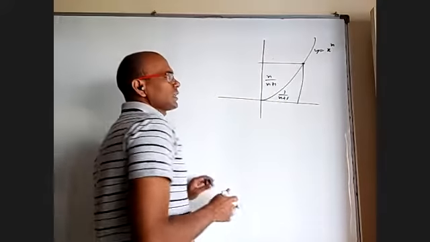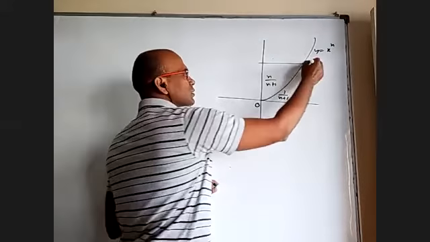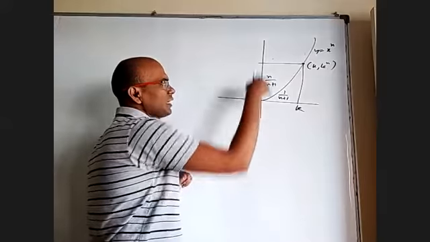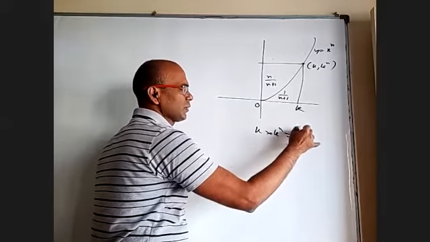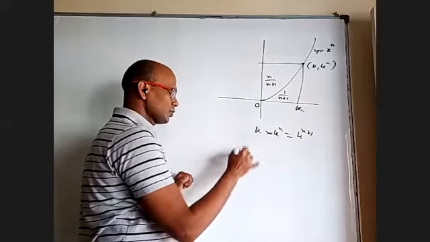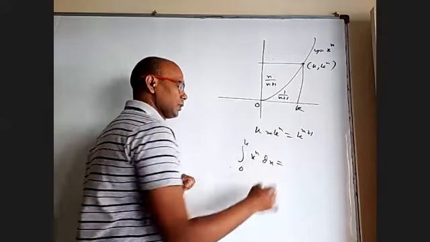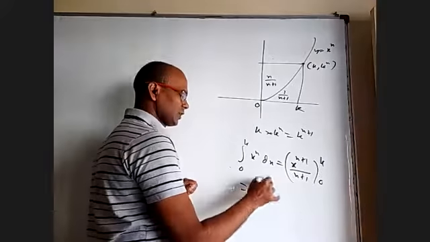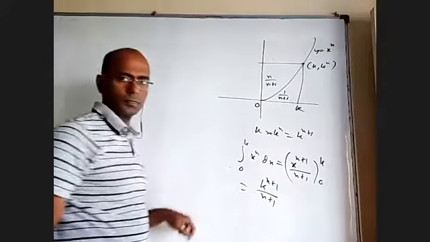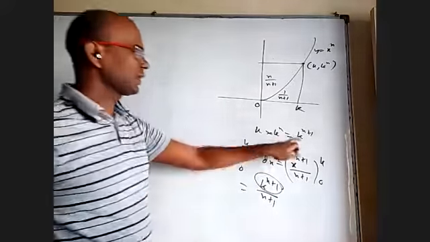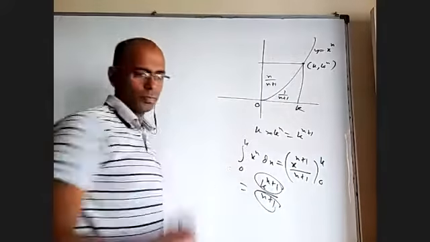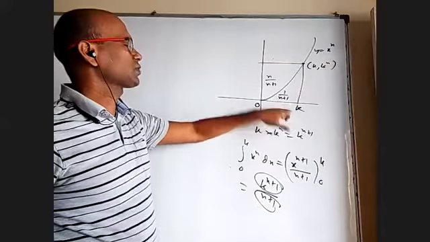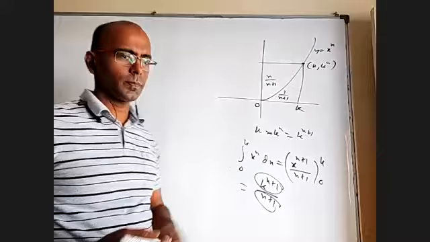Okay. How did I get that? If this is 0 and this is k, this point is k comma k power n. What is the area of the rectangle? Width is k and height is k power n. K into k power n is k power n plus 1. If you want only this area, 0 to k, x power n dx. That is x power n plus 1 by n plus 1 with 0 to k. When integrate, I'll get k power n plus 1 by n plus 1. What is this k power n plus 1? Area of the total rectangle by n plus 1. So that is exactly 1 by n plus 1 of the total. That's what I'm saying. If this is 1 by n plus 1 to 1, this is n by n plus 1. Okay, that's it.